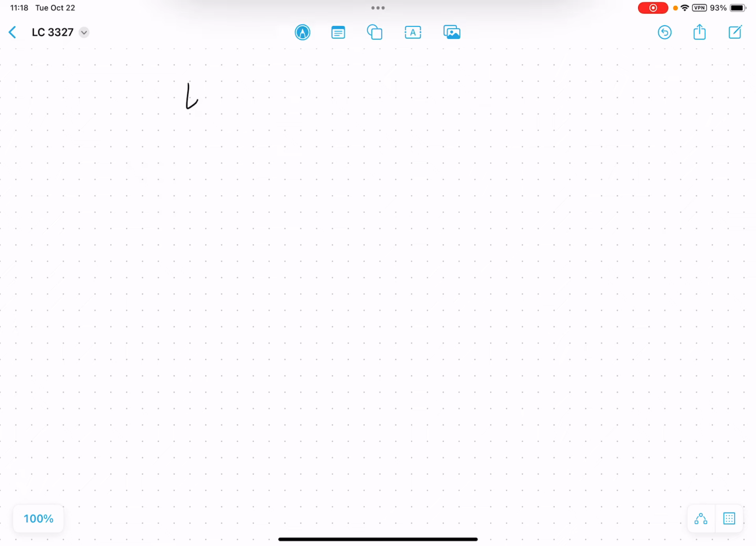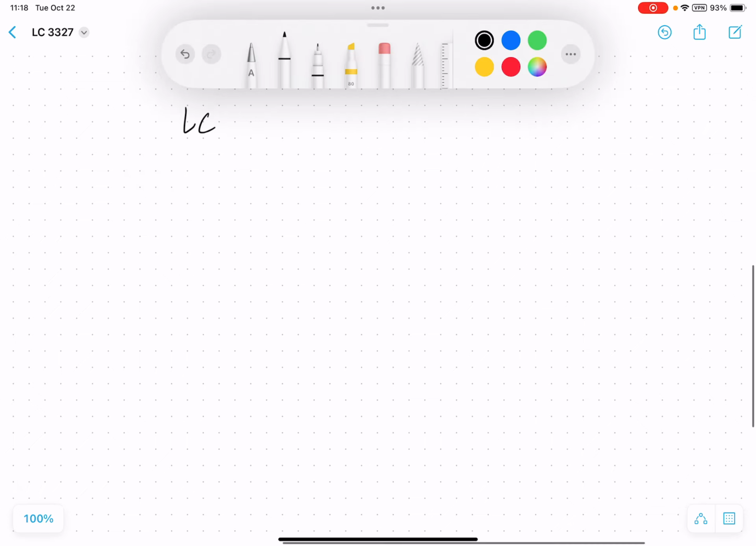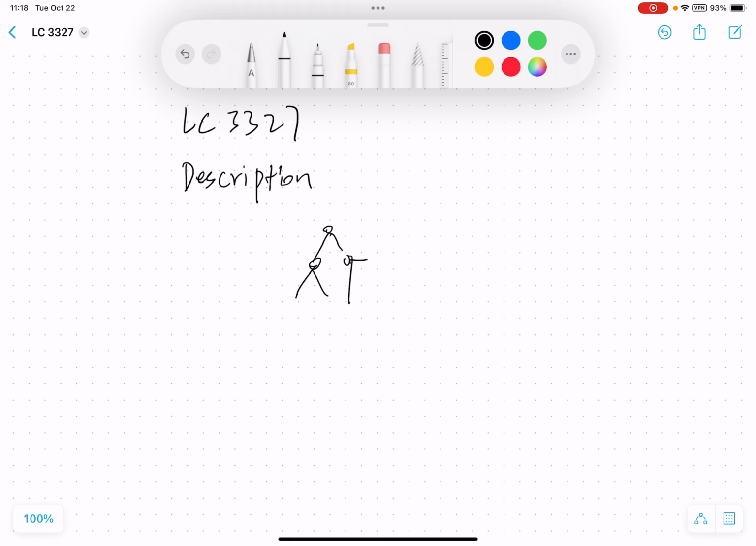Today let's talk about LeetCode problem 3327. The first part is the description. You are given a tree, and there is some number. There is one number from